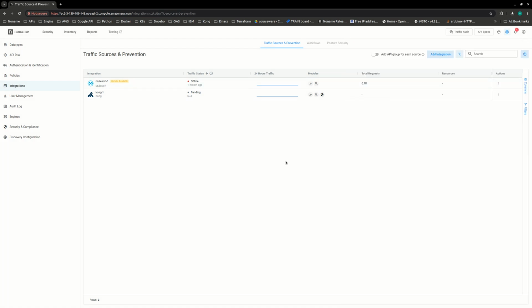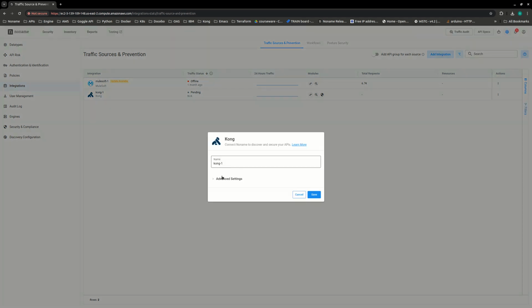All right, so what can you do? Well, there's a couple things you can do, right? So you can edit the Kong integration, and the only thing you can change, or at least the only thing that's obvious you can change, is the name. As you can see, there's no default engine. Okay. In addition to that,